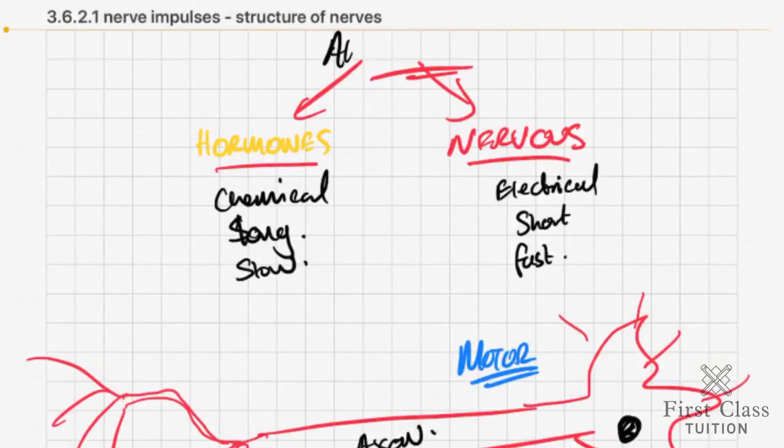So all messages that are sent in the body are generally split into two categories. We have local mediators as well, which is something different, but we have hormones, the endocrine system, and we have the nervous system. Hormones send chemical signals as opposed to electrical signals in the nervous system. They are long-lasting as opposed to short-lasting, and they generally are very slow because they're moving around in the blood. They take a little while to get to the receptor and make an effect, whereas nervous